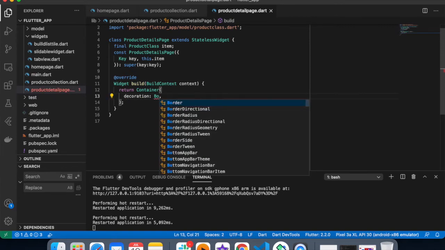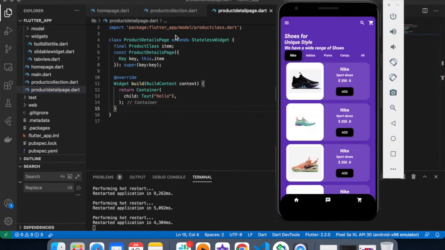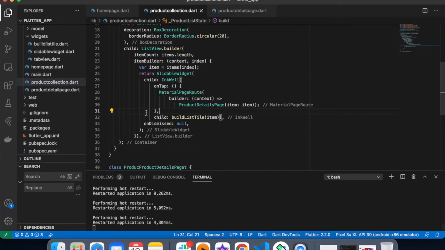Decoration goes to BoxDecoration. Okay, let me give only child actually. Okay, I think my MaterialPageRoute is not working properly.